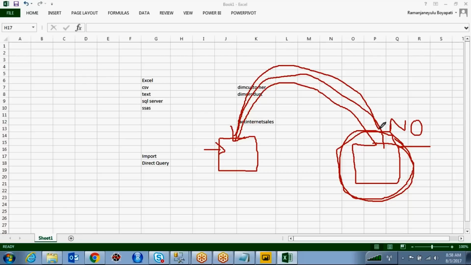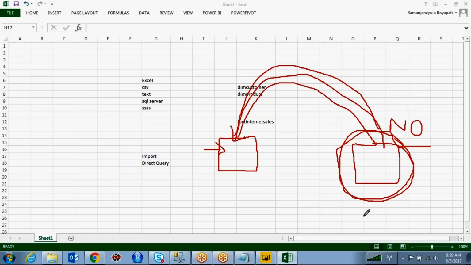But here, in memory means, is it going to be saved on the cloud? It's not cloud if you are using Power BI Desktop. I'm going to use Power BI Desktop. So it is nothing but your RAM and your hard disk space that it will use. When you are going to the Power BI service, it will use the cloud space. Right now we are connecting in Power BI Desktop, which means you are on-premises, so it will occupy your RAM space and your hard disk space.